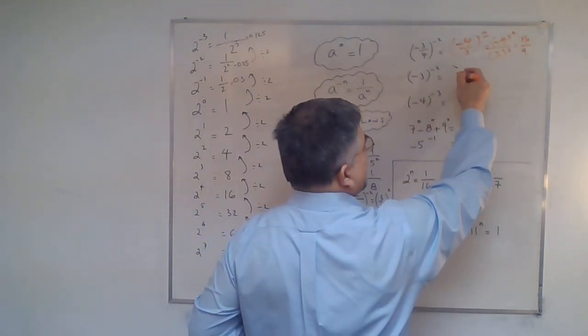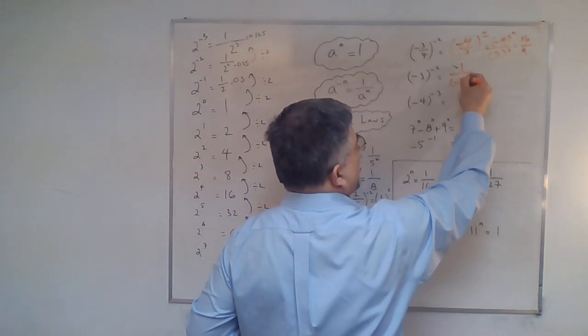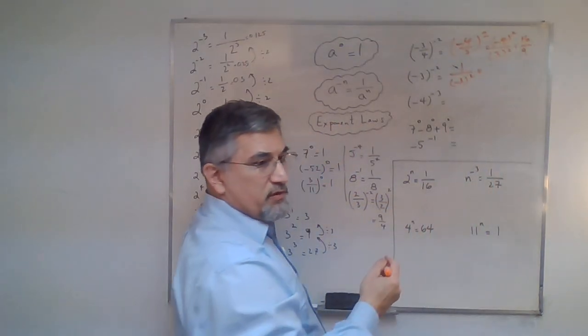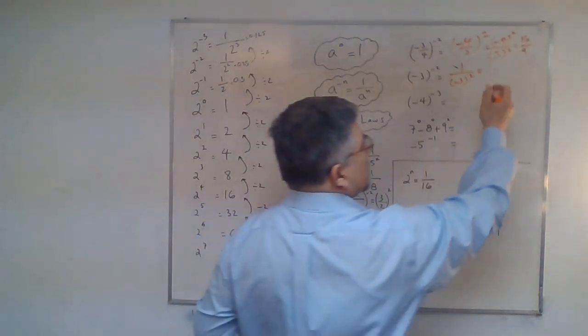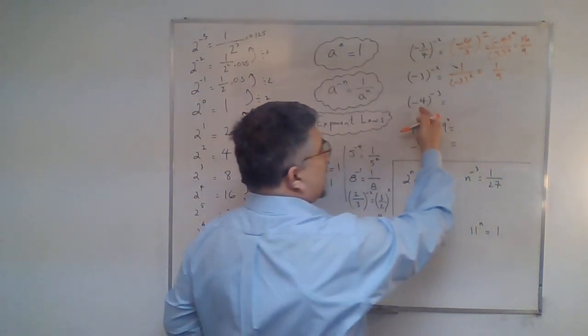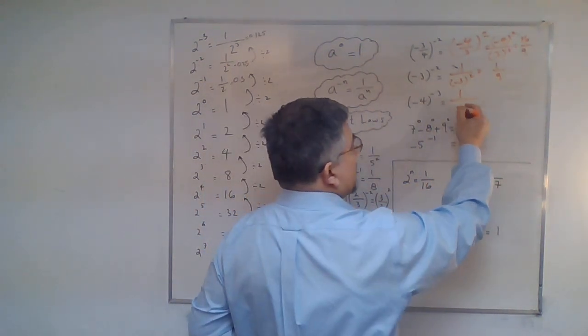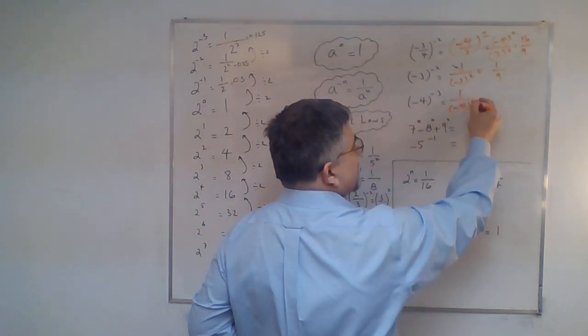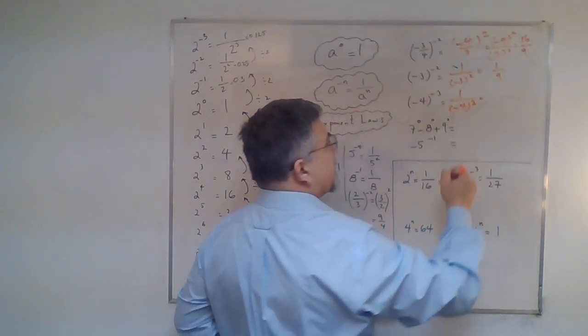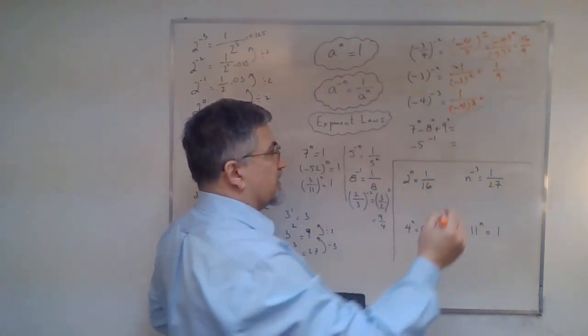Here we have 1 over negative 3 raised to the positive exponent of 2, and that is going to be 1 over 9. Here it's going to be 1 over again. We said that's the reciprocal. Same base, negative 4 raised to the positive exponent. So that's going to be negative